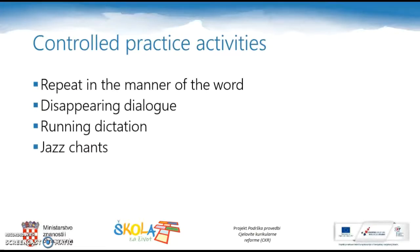Jazz chants. One more way to work with the target grammar is to create jazz chants. They work for English as a rhythmical language and help to focus on accuracy in a fun way. Accompanied with clapping and/or stomping, chanting does not need any equipment and can boost energy and bring laughter into a